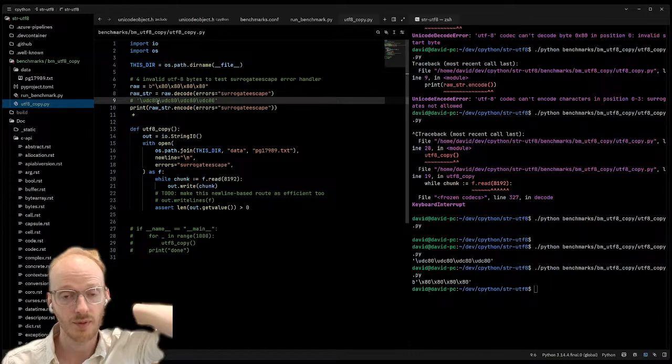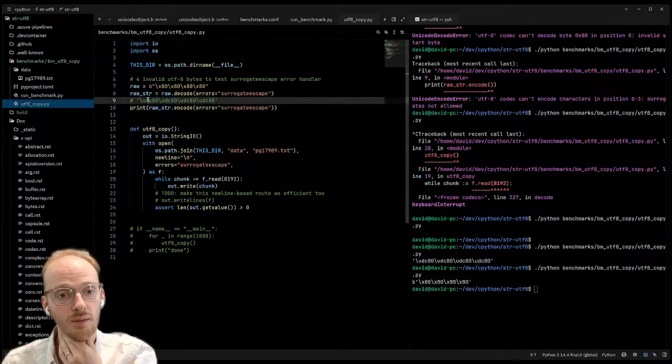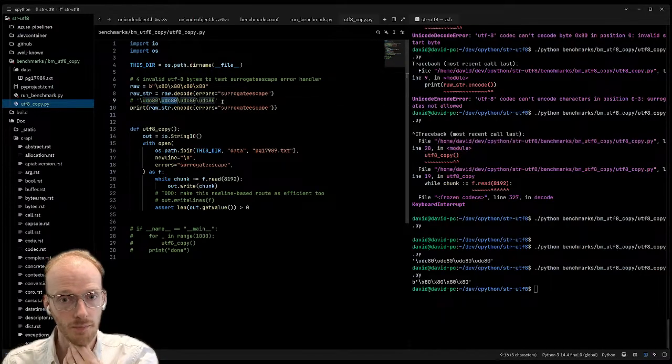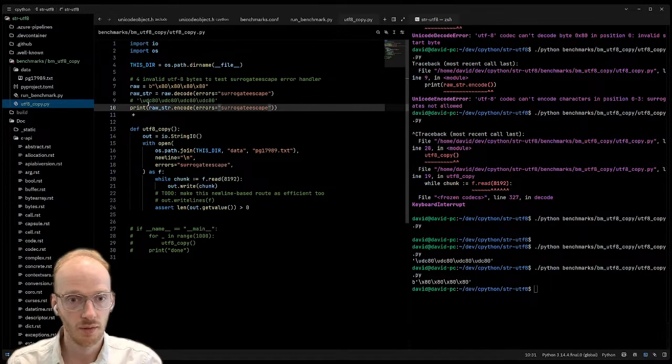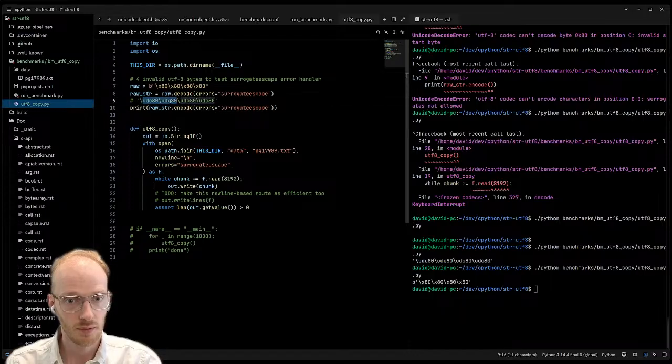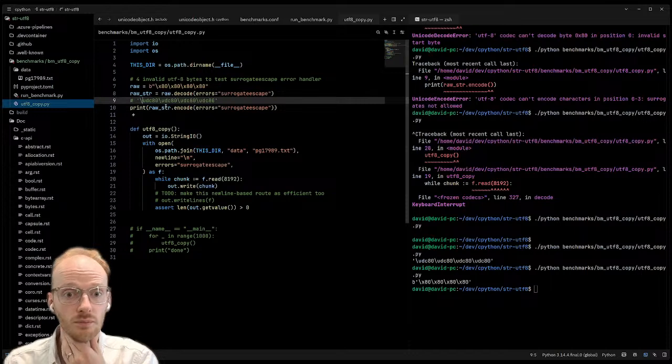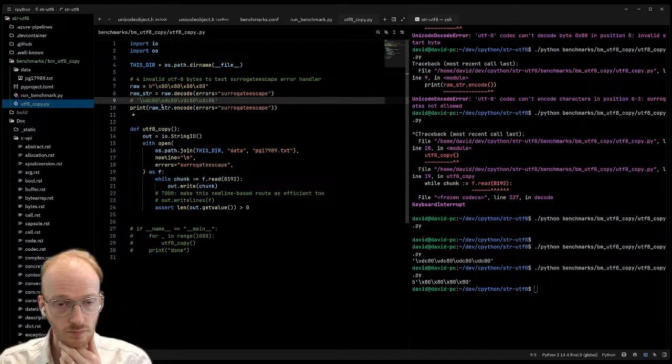This is how they will look to the user. So that's a valid Python string. You cannot write it to a UTF-8 file directly. But it preserves the raw bytes, which means if we're decoding using surrogate escape error handling, we don't need to do any checks. We just take the 4 bytes. We know we need to store 4 bytes. We create a Python string with those 4 bytes.